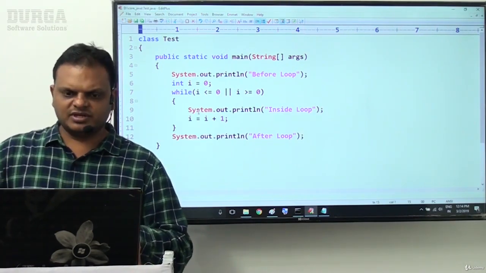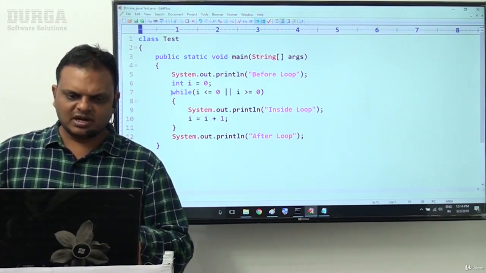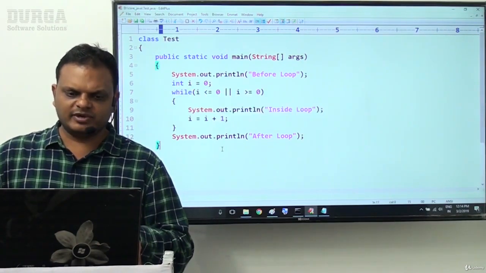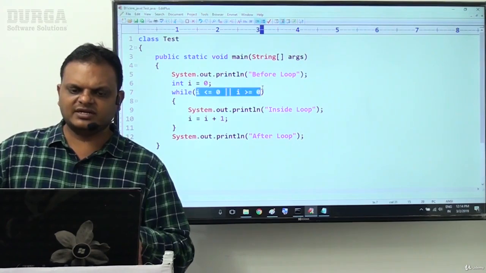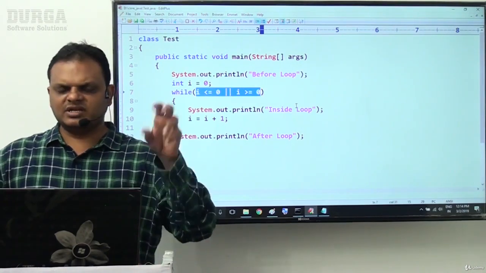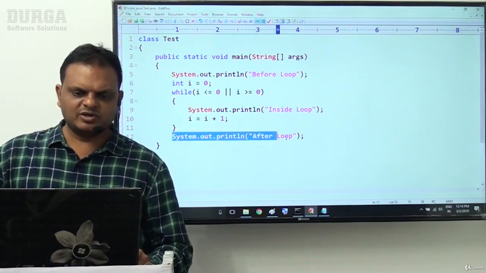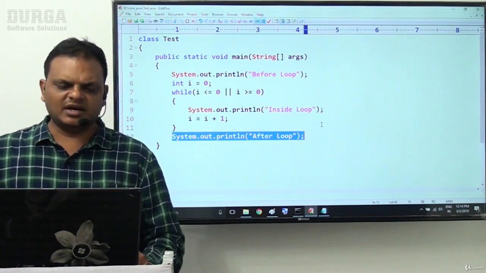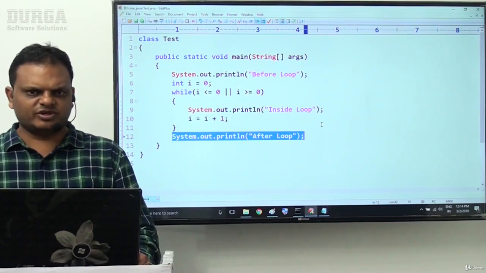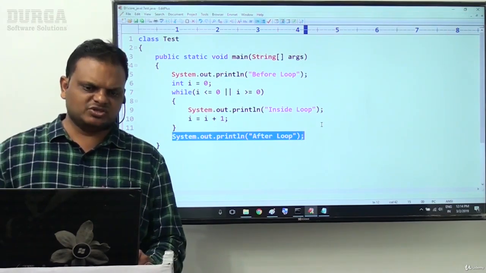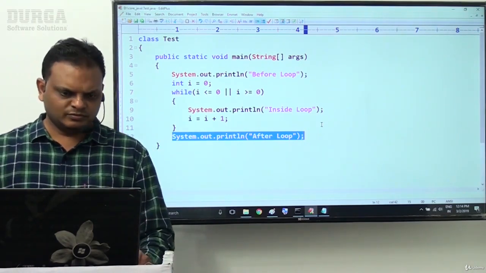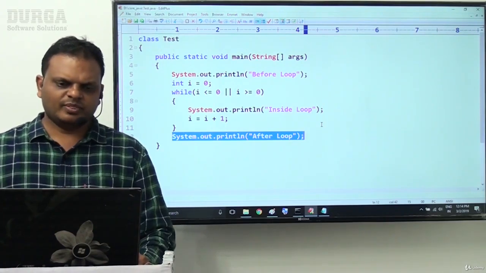No compilation error. Why? Because the compiler is not identifying this loop as an infinite loop. Why? Because the compiler is unable to evaluate the conditional expression. Why? Because this conditional expression is a variable expression. It is not a constant expression. So the compiler did not recognize this statement as an unreachable statement. So compilation error does not exist in this scenario. It's okay, fine.